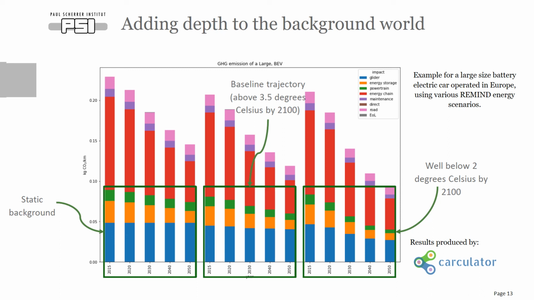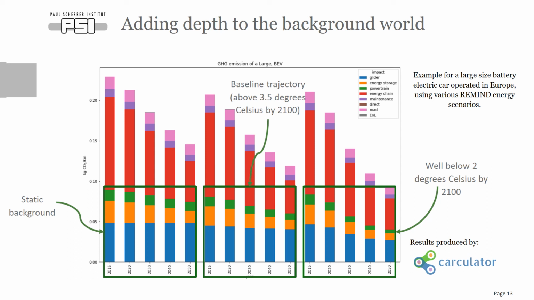We just let the market decide. And of course, this still leads to improvements, but taxation on CO2 is somehow very moderated, so it's not always the most beneficial technologies that get the largest market shares. But nevertheless, we see that emissions associated, for example, to glider production, so blue segments, and also to some extent the energy storage, start to change over the years, slowly, but we can visually see it.